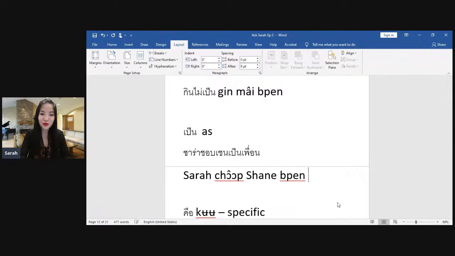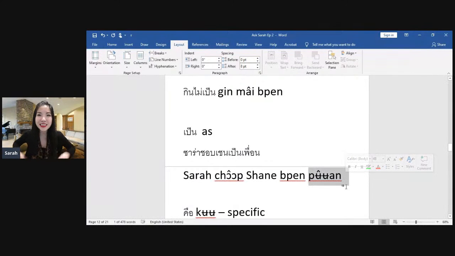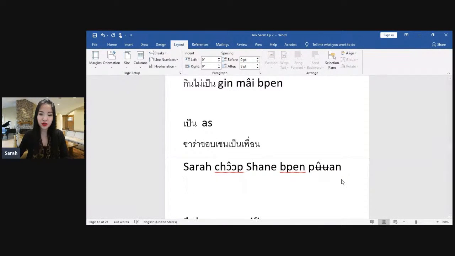Sarah ชอบเชนเป็นเพื่อน. This is why you guys should get into Thai script, so I'm not going to get confused by typing transliteration and translation in English. เพื่อน, this one is not พ่วน, okay, it's เพื่อน, like you're smiling. Okay, Sarah ชอบเชนเป็นเพื่อน, so when you translate this, Sarah likes Shane